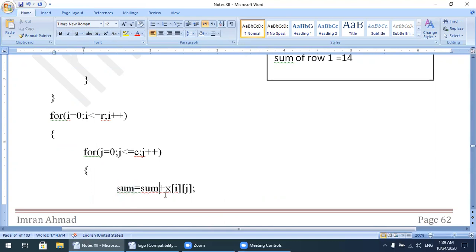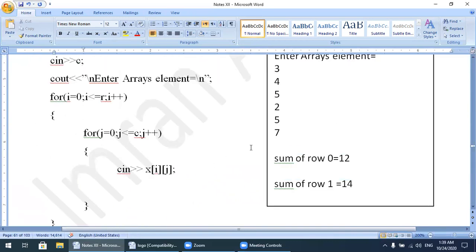The initial value of sum is 0, sum plus x of i j. Now x of i j has the value 3. So 3 4 5 are the elements of the first row, and 2 5 7 are the elements of the second row.